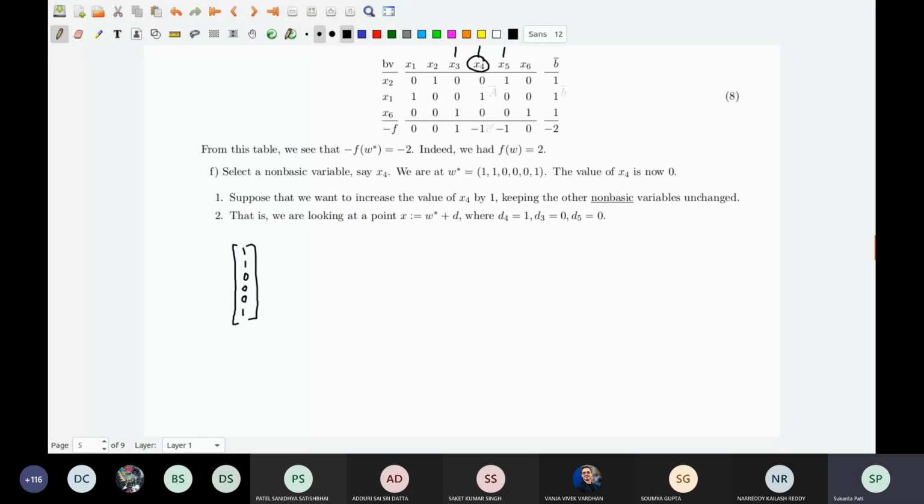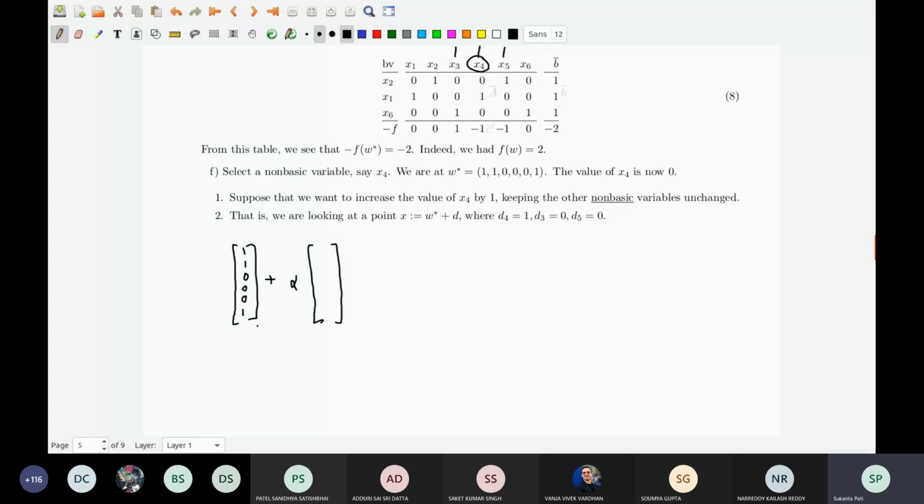You have selected x4. So then what am I going to do now? I have looked at this C bar transpose, and I found that it has some negative entries. So therefore the test will not say it is a minimum. So then I am planning to go out. In order to go out of this W star, I need a direction to move. Suppose that I am trying to find a direction D to move out of this one. I will move out by some alpha unit.